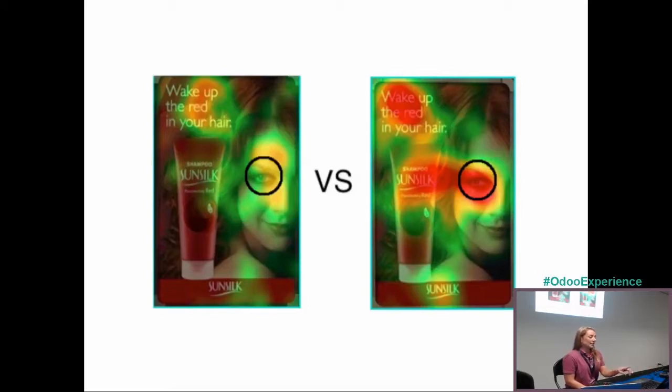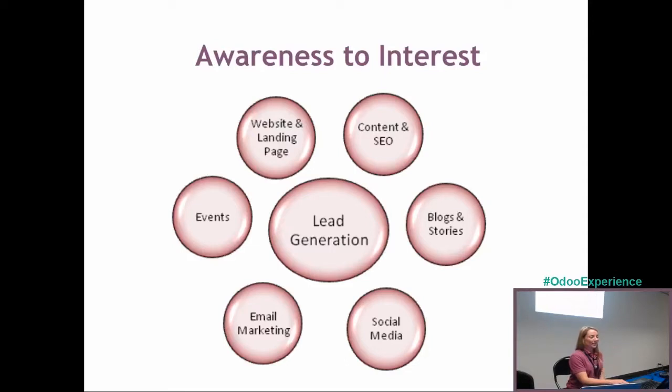But as soon as they have the girl look at the product, then it changes. So the red is more activity. And people look at her, oh, what is she looking at? And so they check out exactly what it is that you want them to check out. And then they read and it makes more sense. Just another thing that I happen to like. Anyway, on